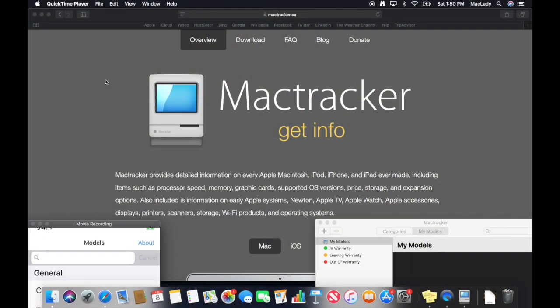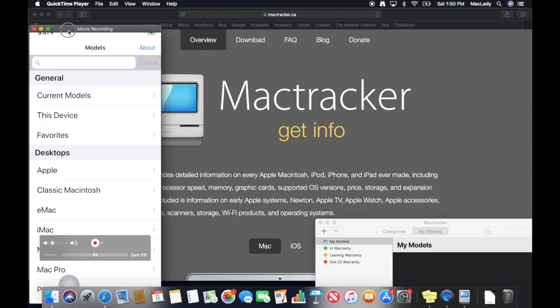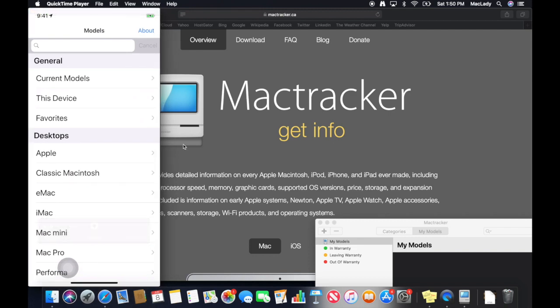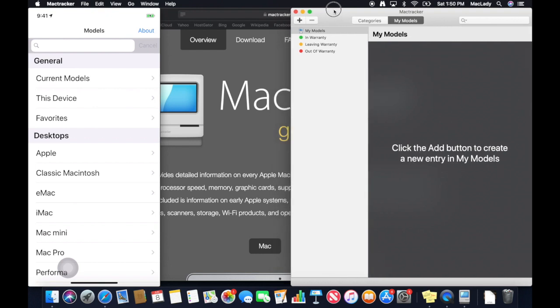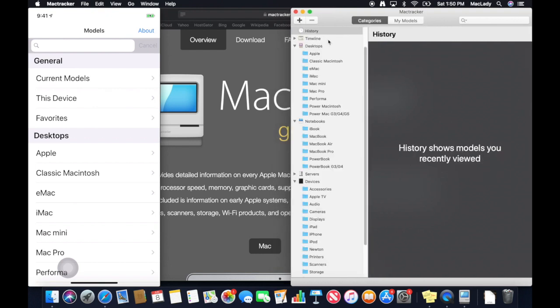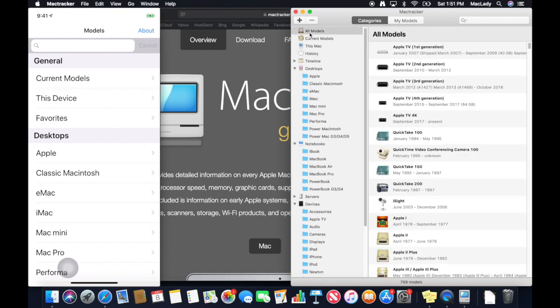Alright guys, here we are on my Mac. You can see the MacTracker.ca website to get information about MacTracker, about each of the different versions. On the left here, I'm going to pull up my iPhone with the MacTracker app on it. Here's the MacTracker app on the Mac itself. And let's scroll up. Get us back. All right, so we've got both the